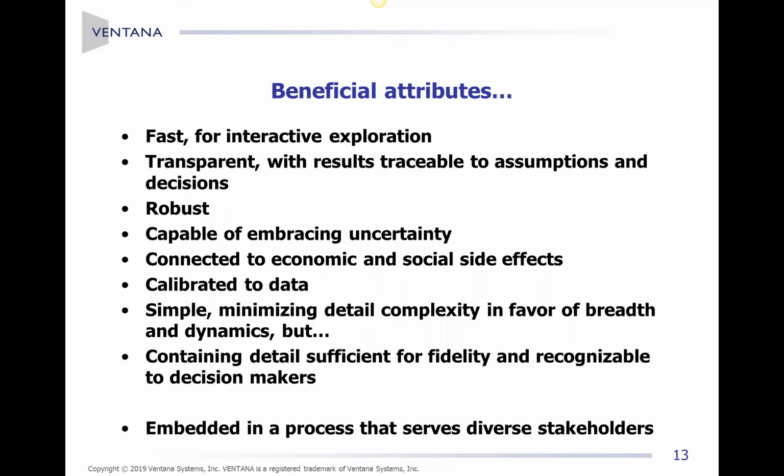You want it to communicate risk and uncertainty so that when answers are contingent or unknown, people appreciate that. Connected to social side effects, calibrated to data and history as at least one of the filters for establishing model quality. And then really the big tension is always, should it be simple to favor transparency and breadth of coverage and facilitate a simple understanding of the dynamics, or should it be complex so that it has lots of detail in order to provide fidelity and to link to the fact that stakeholders are operating in a complex situation